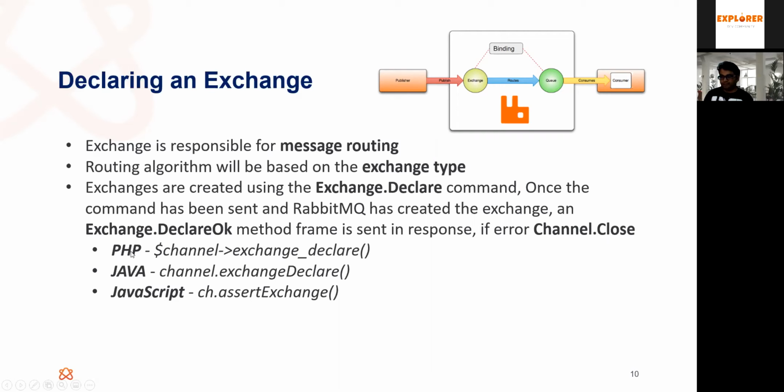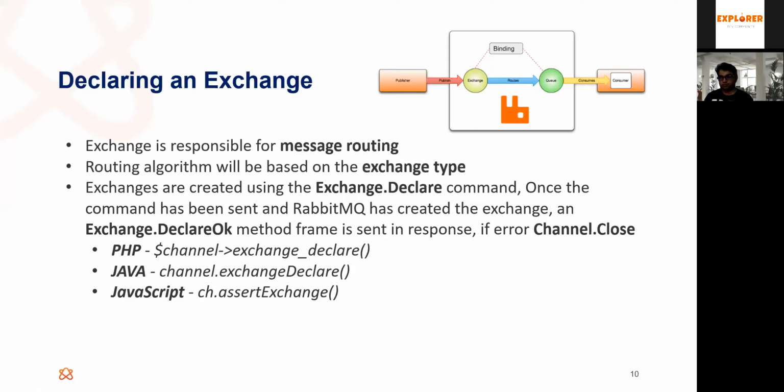Since different people use different languages, I have added some examples here. You can see it is not difficult: we call the exchange declare method, with parameters of course. If everything went fine, it will create the exchange in RabbitMQ, and we can use it for message routing.